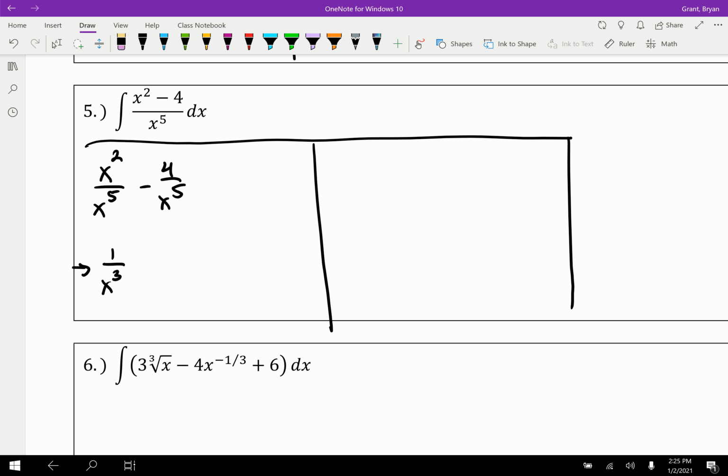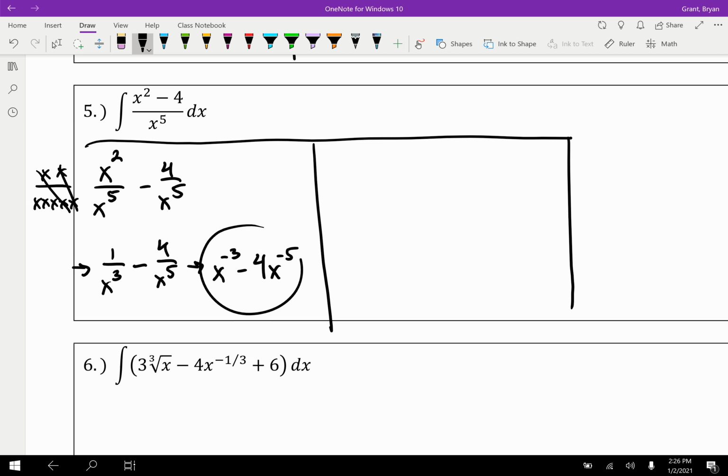You could have also thought of it as the numerator being x times x and the denominator having 5 of those x's, right? You cross them off, 1 over x cubed. And then this guy is still 4 divided by x to the 5th. Still don't like that division though, so I'm going to rewrite this one more time. How about we bring the x cubed up, and we also bring the x to the 5th up, of course changing their signs. This has no more division nor multiplication of terms containing x's, so we can take the antiderivative